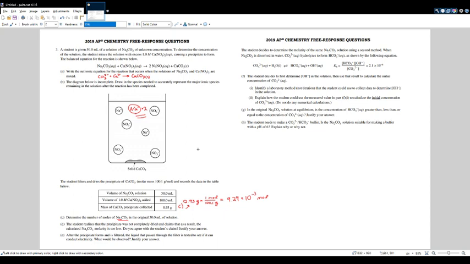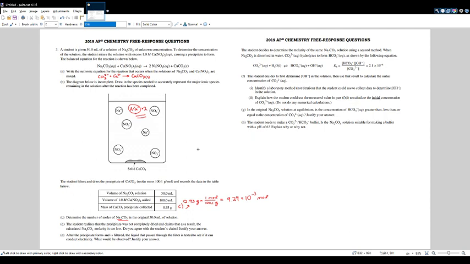Part D says the student realized that the precipitate was not completely dried and claims as a result the calculated concentration of Na2CO3 is too low. Do you agree with the student's claim? Well, the answer is no. His claim is not right. And the reason is because the precipitate not being completely dried would result in